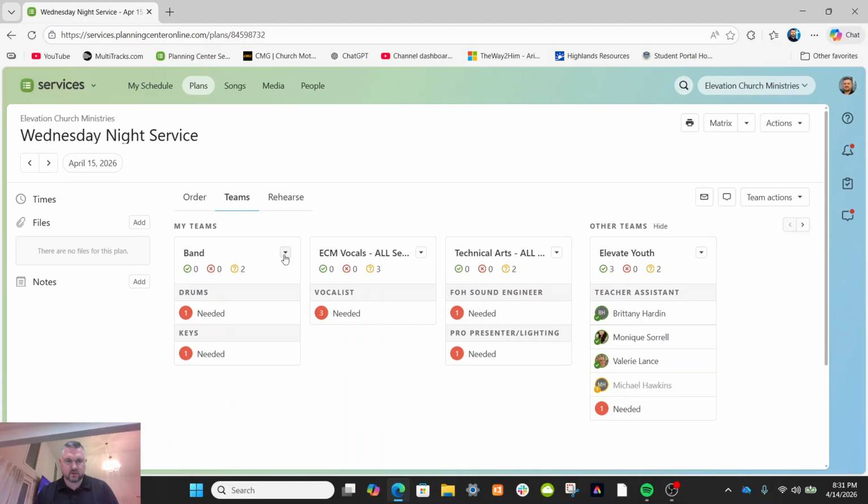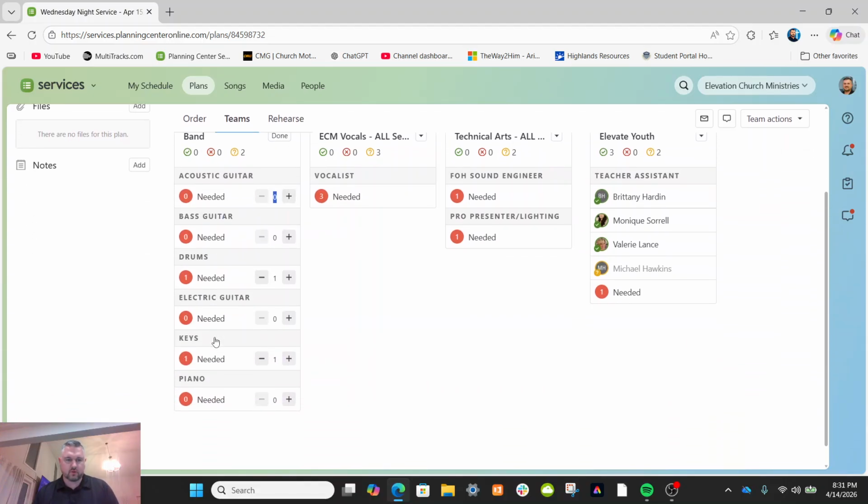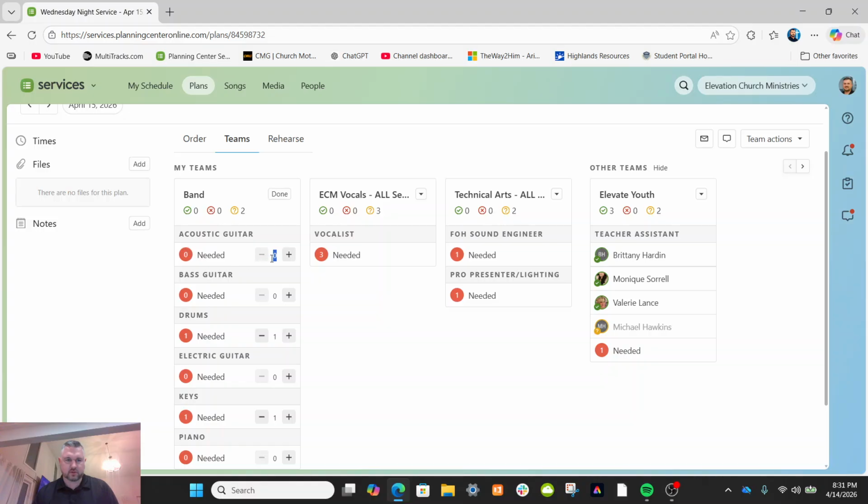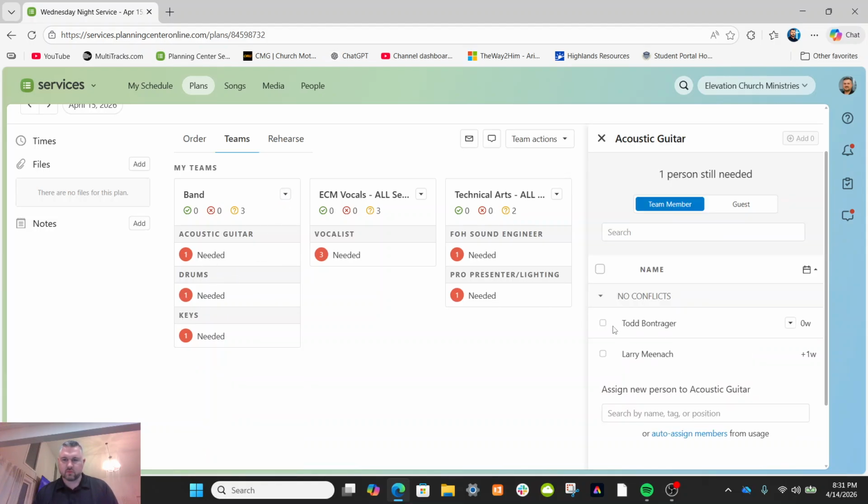So you see they're not listed here. So I'm going to hit the drop down. I'm going to put in here needed positions. And it gives you all the different positions. So I'm going to go to the acoustic guitar right here, put one because I need one person, click done, and now you'll see that's in here. So we'll click on it,